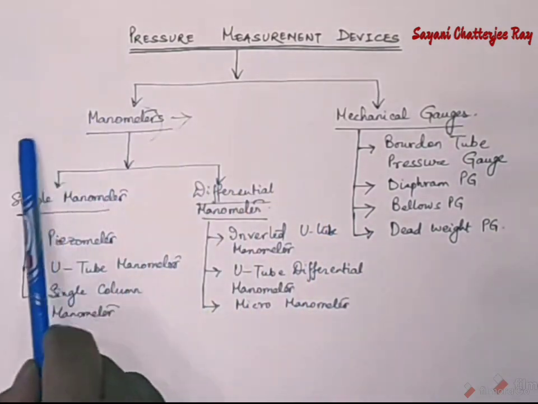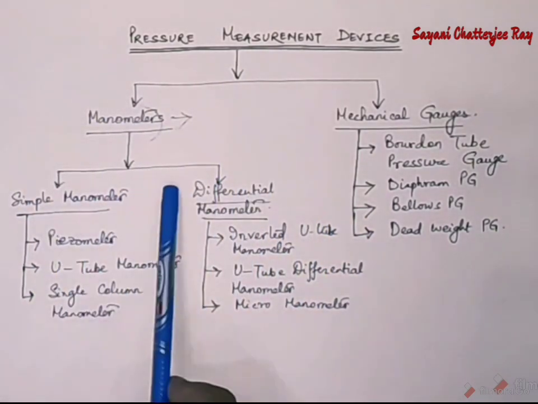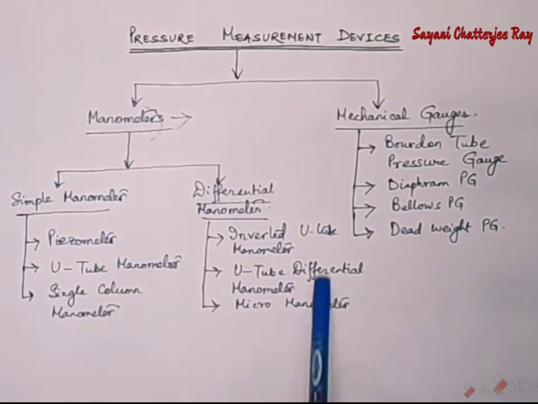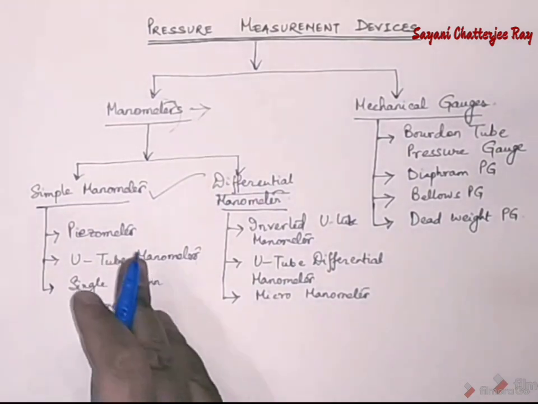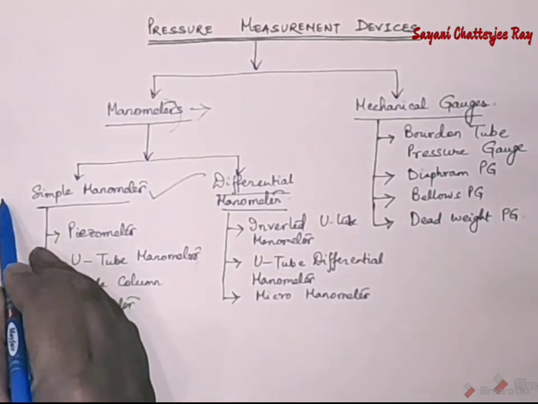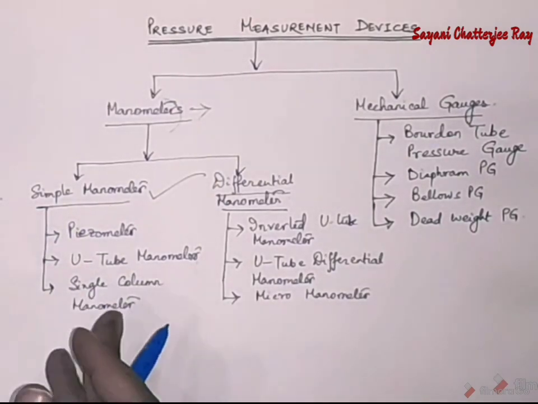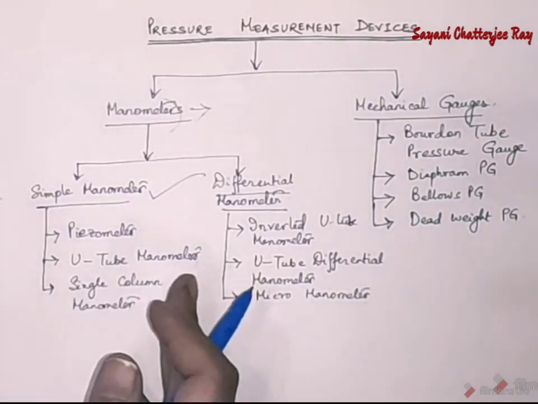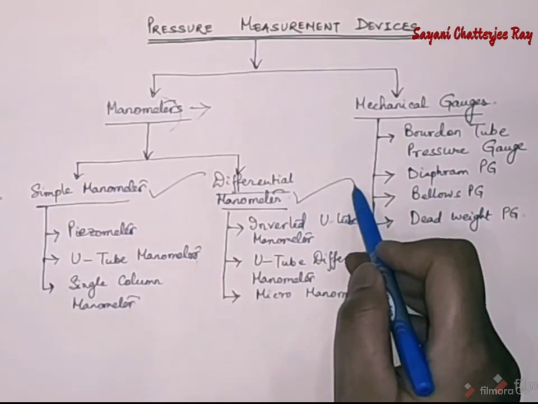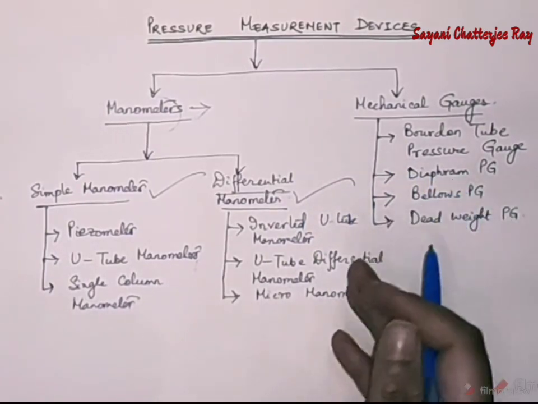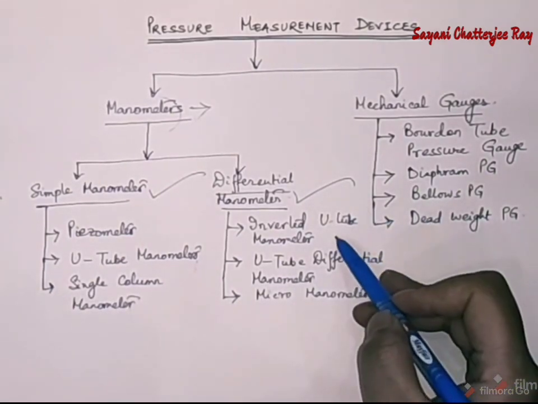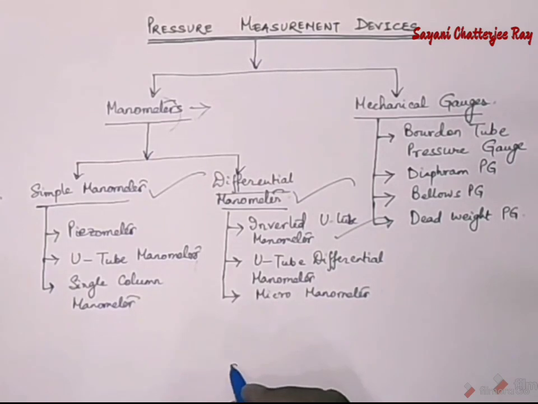But in civil engineering we have to deal with these manometers, the simple manometer and differential manometer, and we will be solving problems on these manometers also. Simple manometers are used to measure pressure at a point in a fluid contained in a pipe or a vessel. This simple manometer consists of a glass tube with one of its ends connected to the point where the pressure is to be measured and the other end remaining open to the atmosphere. Differential manometers are used for measuring the difference of pressure between two points in a pipe or in two different pipes. It can be an inverted manometer. Inverted manometers look like this.